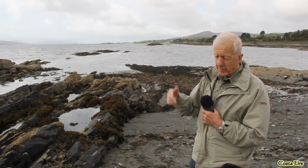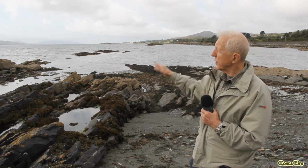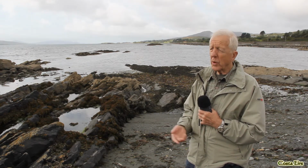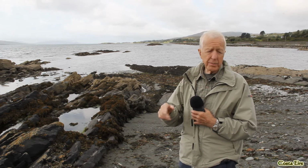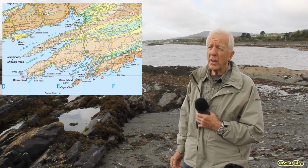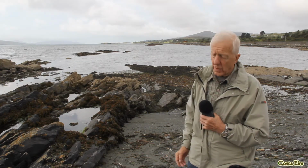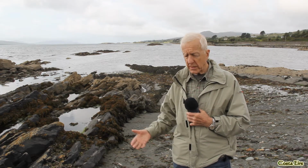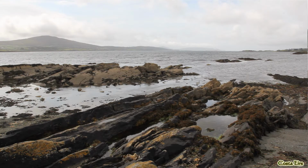Now on these major folds there were little crinkles, minor folds, but these giant folds are what dictate the geography and geology of Southwest Ireland. And this means that the peninsulas that stick out into the Atlantic are upfolds and the bays are downfolds. Now, at the end of the Carboniferous, when this earth movement took place, about 300 million years ago,